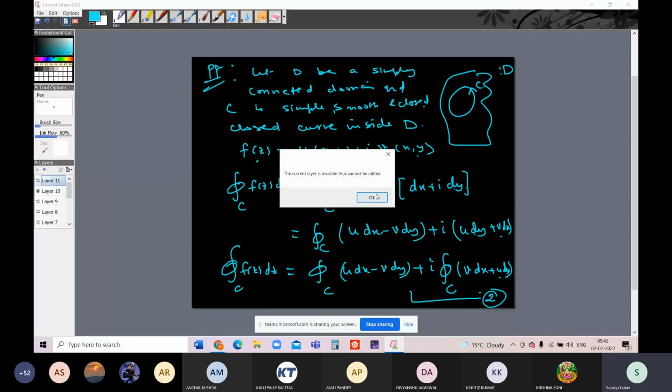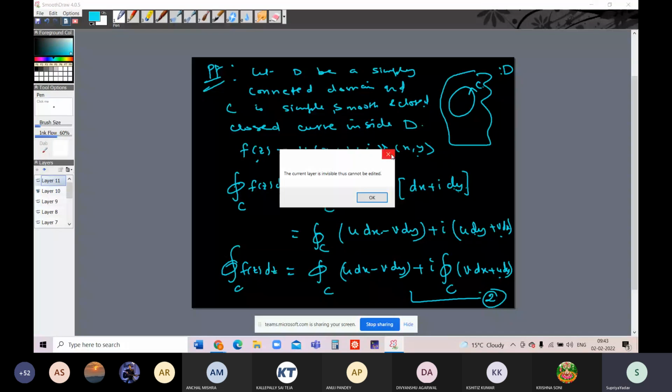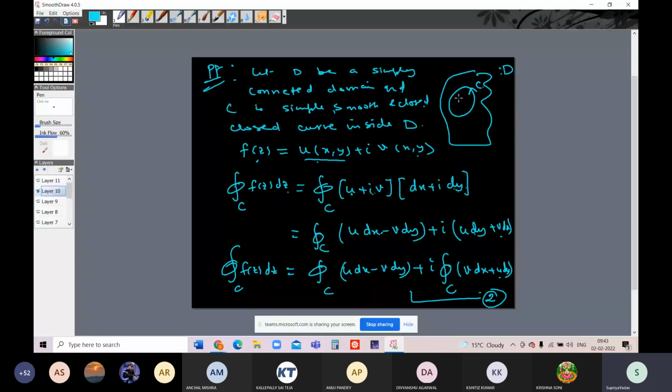By Green's theorem, we can replace it, say the region inside C is R. C is bounding the region and we denote this region by R. Simply, we can write here, this is our phi function and this is our psi function. So by using Green's theorem, we can write here,